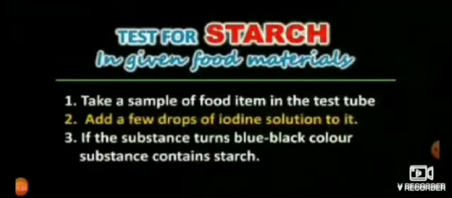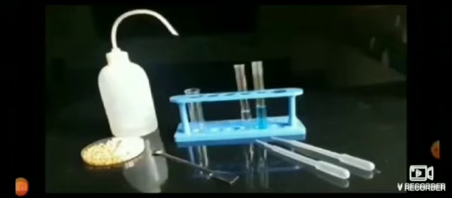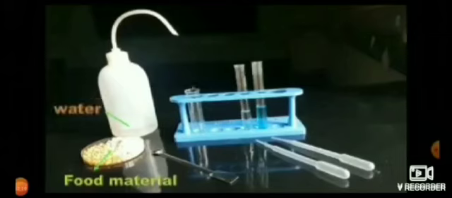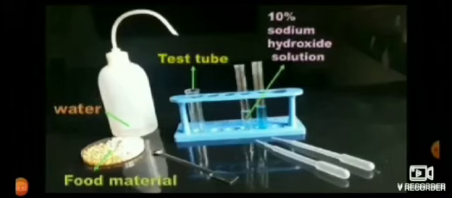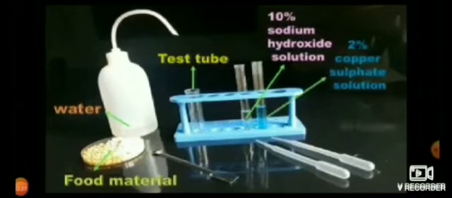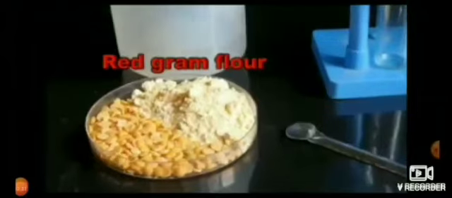Now we are going to test for proteins in the given food material. To do this experiment, what are the things we need? Now we see. Food material, water, a test tube, 10% sodium hydroxide solution and 2% copper sulfate solution and a dropper. To do this experiment we are taking here food material as red gram